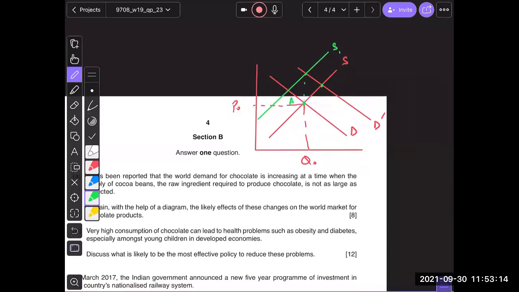Number one, so this is the B. So the ultimate quantity will depend on whether the demand is greater than supply. If demand is greater than supply, the quantity will go up. Let me just write it properly. So I'm saying if the change in demand is greater than the change in supply, then your quantity will go up. But if the change in demand is less than the change in supply, then the quantity will fall, right?